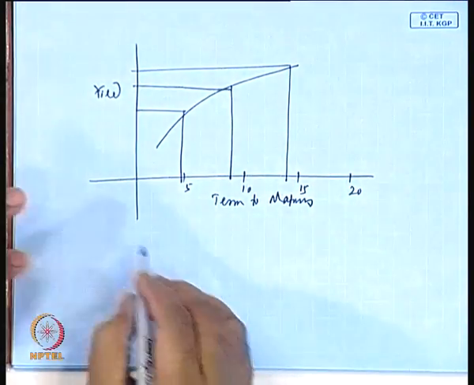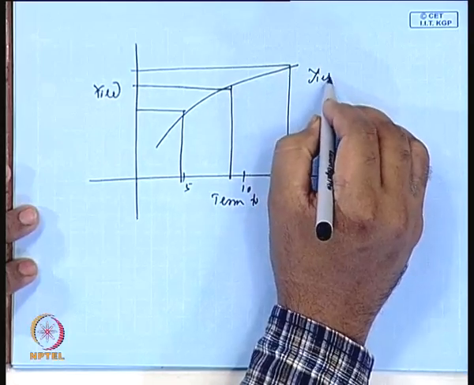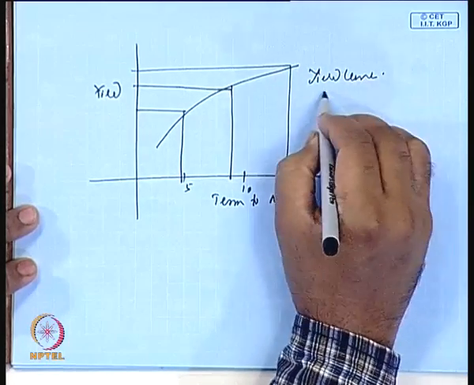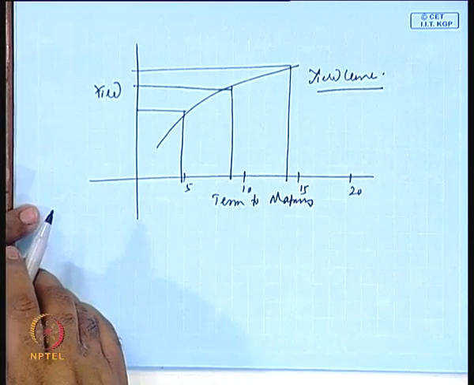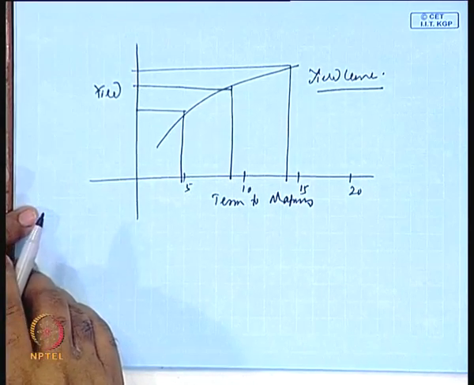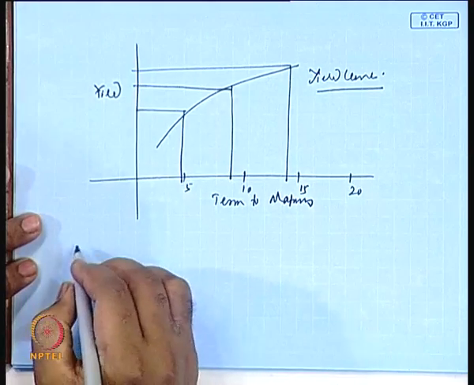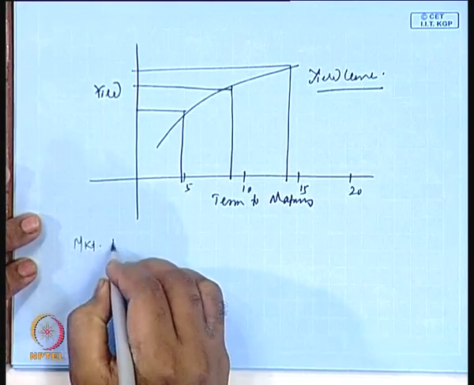That means this particular curve is defined as the yield curve, which we will discuss extensively later, on how this yield curve can be explained. But here what we are trying to say is that if your market risk premium